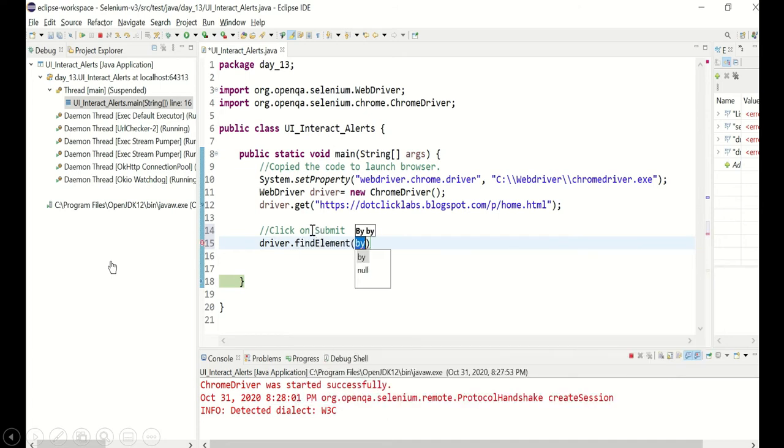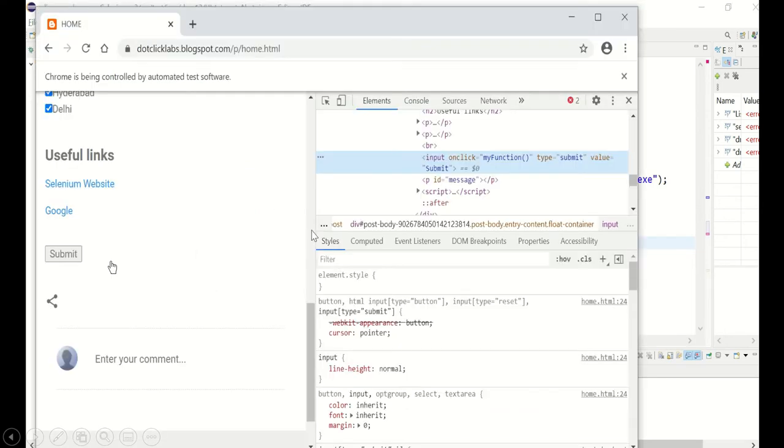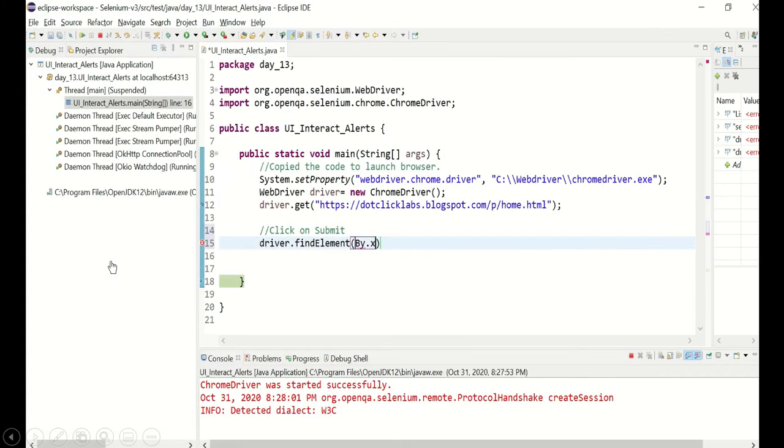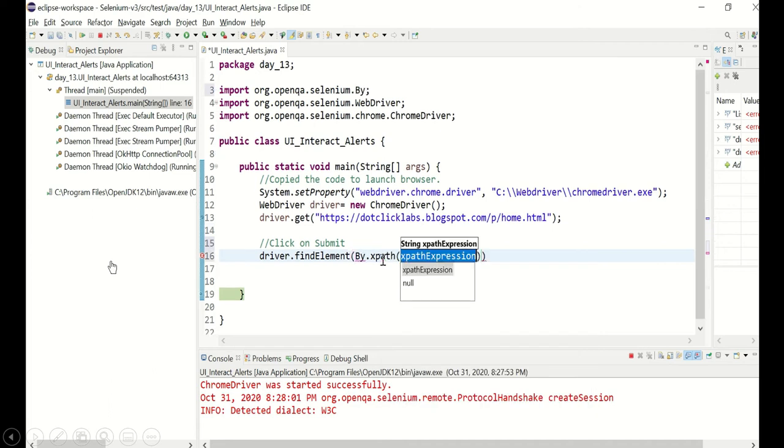Driver dot find element by dot XPath. So what is the best attribute? Either you can take type or value. I am relying on the value attribute, and this is the input tag, right? So you need to write by dot XPath in double quotes, write input because that is the input button. So input, at the rate, and the value attribute we are using equals to, in single quotes you need to paste the submit value. Close the square bracket